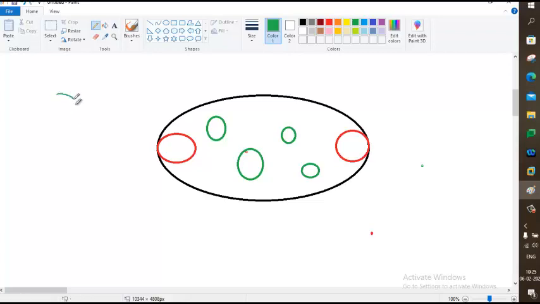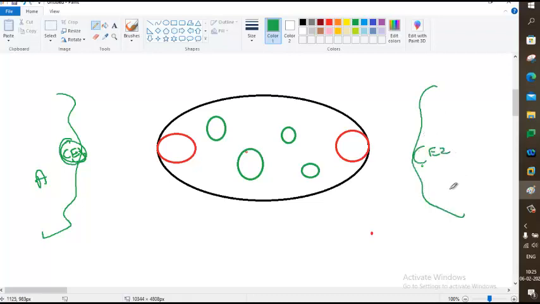Now I have a customer edge 1 A side, customer edge 2 B side. Now between A and B we want to reach.